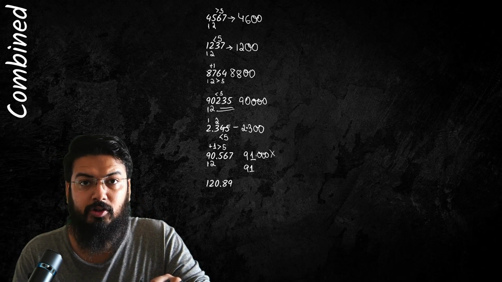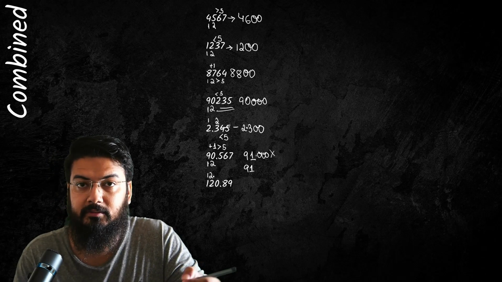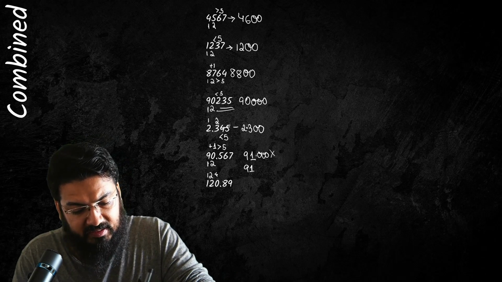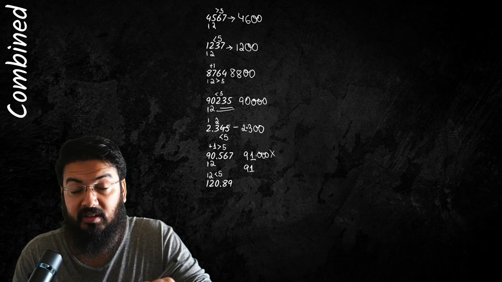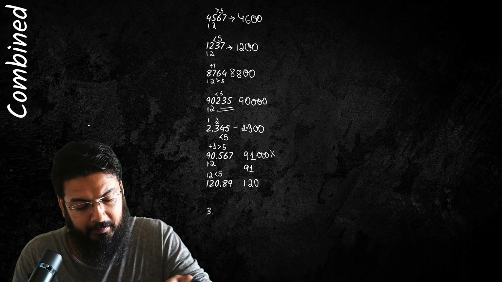Then I have 120.89. So first significant, second significant. All right, that's 2. After that, I have a digit less than 5. So I'm just going to make it 120. Okay, then I have